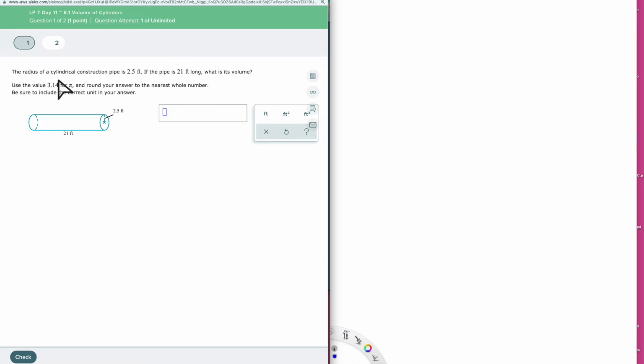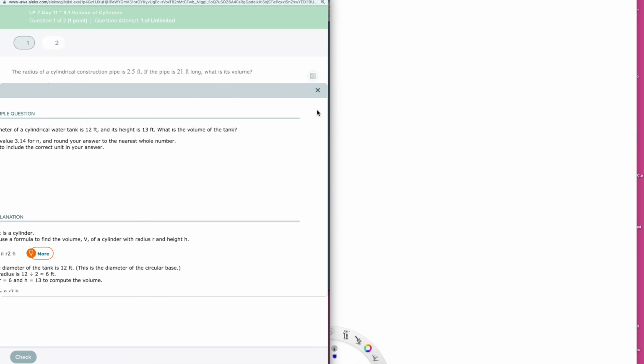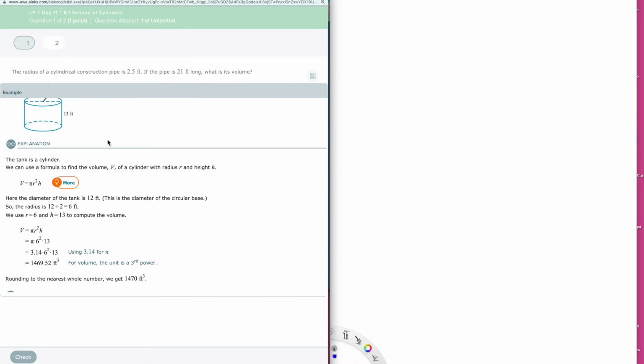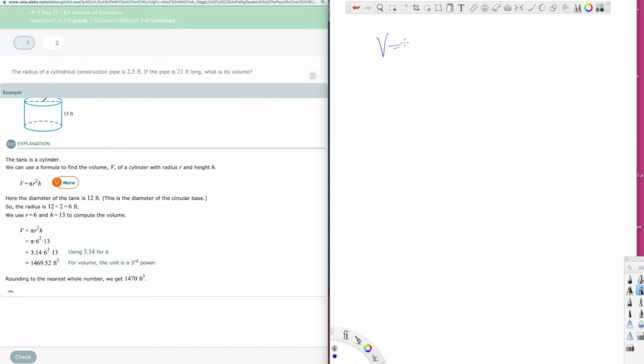All right, we're going to jump in here. So the tank, or in this case, it's a cylindrical construction pipe, and we want to know the formula for the volume. And again, if you click on example, they'll show you these things because they're going to give you something similar. In this case, it's a water tank. Not really a big deal, it's the same idea. It doesn't matter necessarily what the item is, as long as they're both cylinders, we can use the formula. So this is the formula we want: volume equals pi r squared h. And we're going to break this down just a little bit,